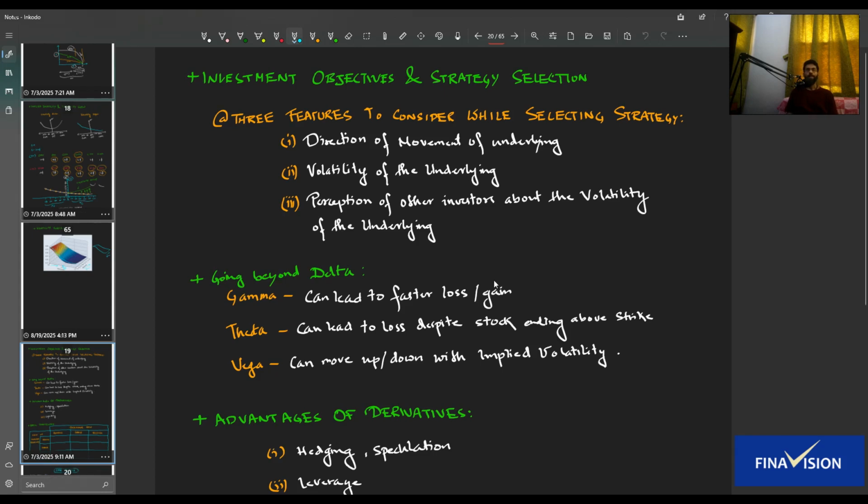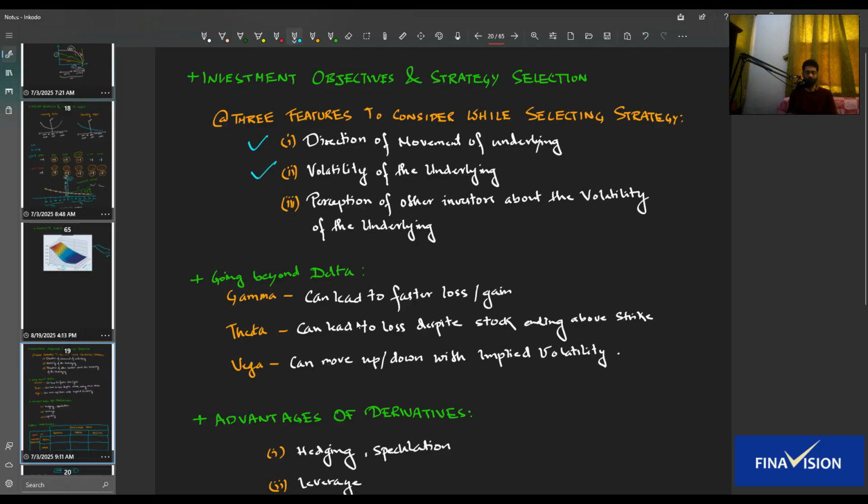So there are three features to consider while selecting a strategy. First is the direction of the movement of the underlying: whether the investor has a view of it, and if the view is there, what is the view? If the view is not there, then the second point comes, which is what is the view in terms of